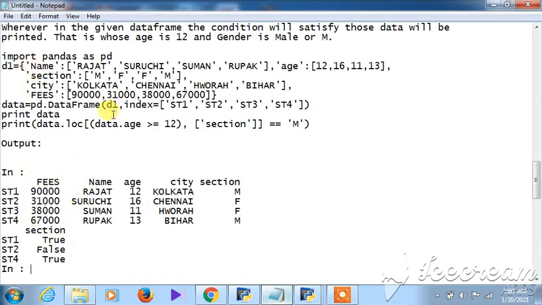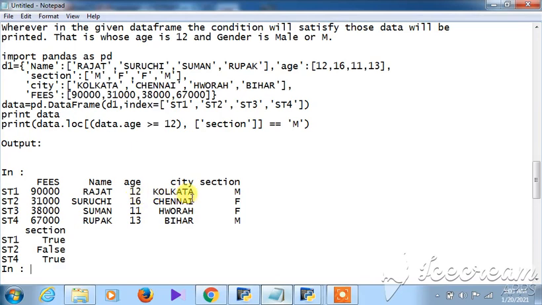It is clearly showing st1 is satisfying the criteria. st2 is false. And st4 is also satisfying the criteria. st3 has not been taken into consideration since it is not satisfying the condition, because the age has been given as 11, which is less than 12. So only the cases where the age is 12 or more than 12 have been considered.